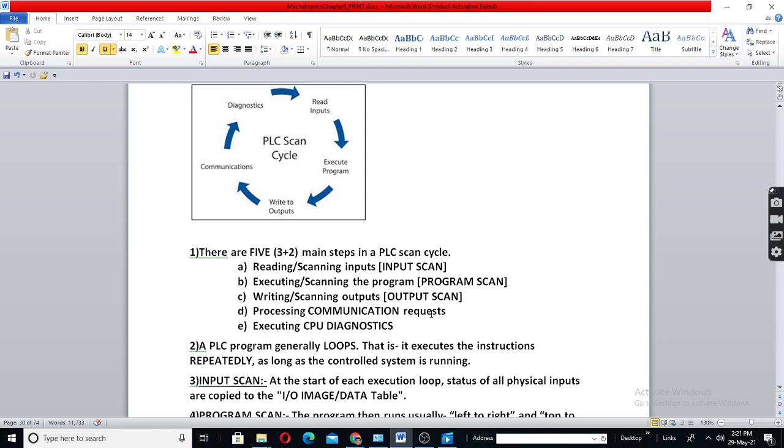Right. So actually, it has three steps: input scan, output scan, and the program scan. What is a program scan? Means you will service the input and output according to the program stored in the memory. Suppose a gas cylinder delivery boy comes, you will pay him 800 rupees, what is mentioned in the bill.